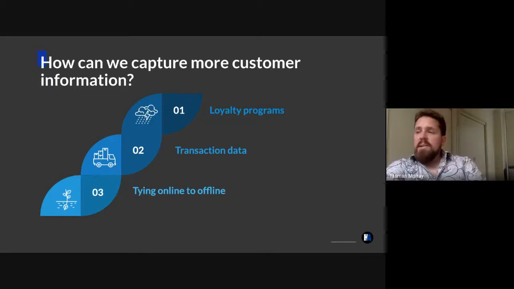We've got a use case later on where we'll talk through that. But if you can tie a customer from your CRM, from your loyalty program, back to your website, you know how often they're visiting you, you know what they're researching. So you've got more than just a purchase. And from there, you know how you can target them better, how you can move them to different things, but also how you can target them with digital advertising, which should be quicker, cheaper, easier. I say should because it's not always the case.